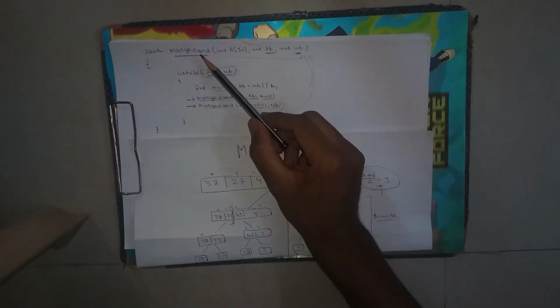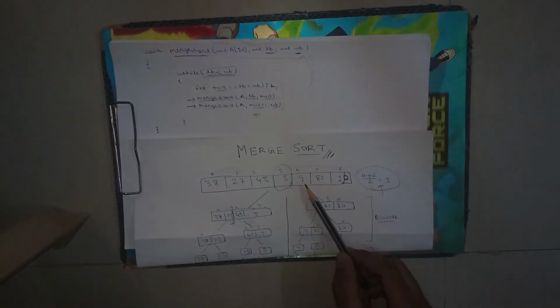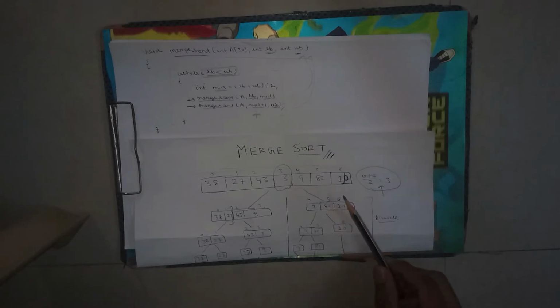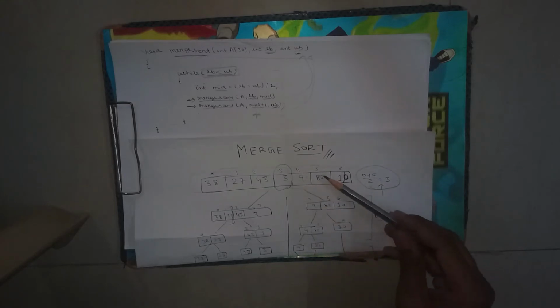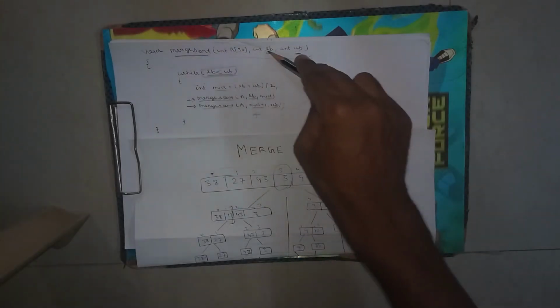So guys, here I have made my merge sort function. This function will help me to partition this array into small sub-arrays until the stage we do not get a single element in each sub-array. Okay, so how will I do this? First, I have to pass this array as an argument in this void merge sort function.